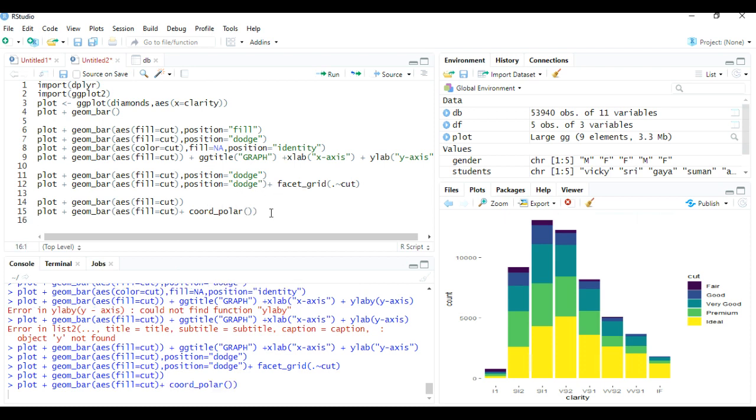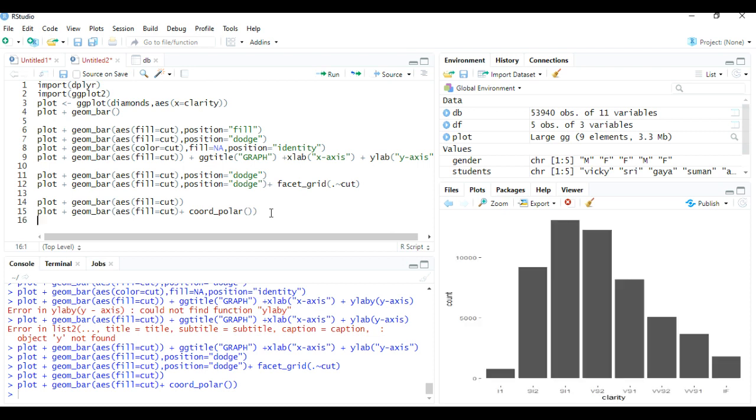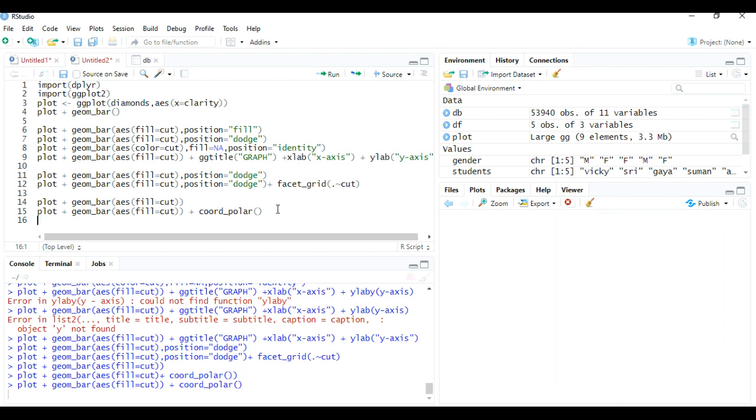See what output you are getting. Sorry, something went wrong. Yeah, we need to close this line here only. Okay, now let's run this line and see the output.